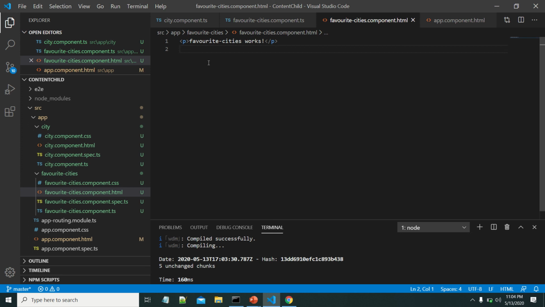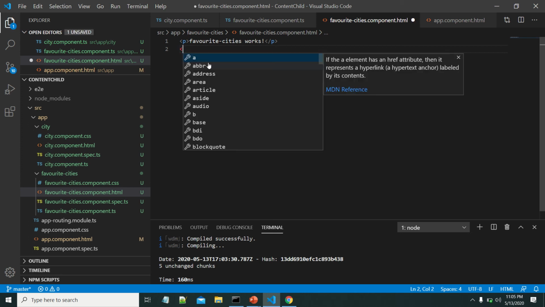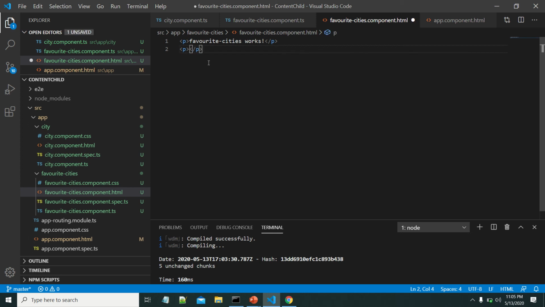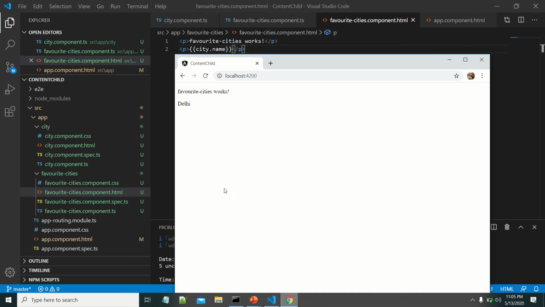Okay, let me put it in some p element. City dot name. Okay, let me save it. Let's see the output here.